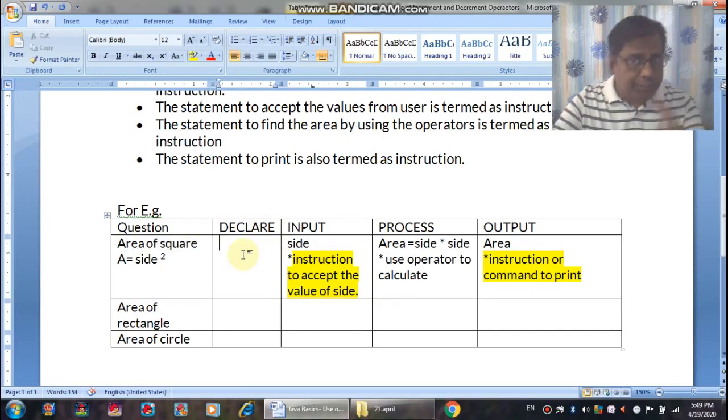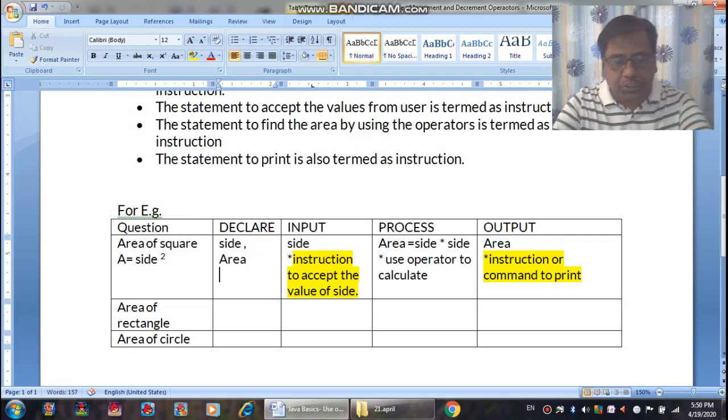In the declaration, again we have done this part in the earlier classes when we learned variable and data type, how to declare a variable. That means we need to declare a variable for side and we need to declare a variable for area.